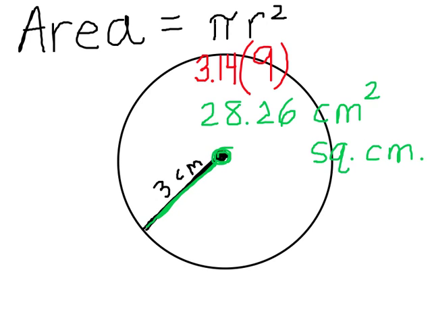You can use this formula, pi r squared. Now there is not a variation to this formula. You cannot use anything else for area but this. So remember,